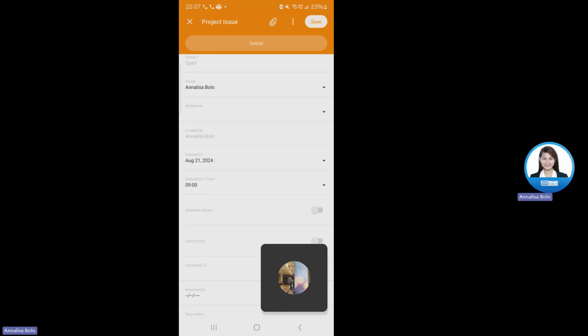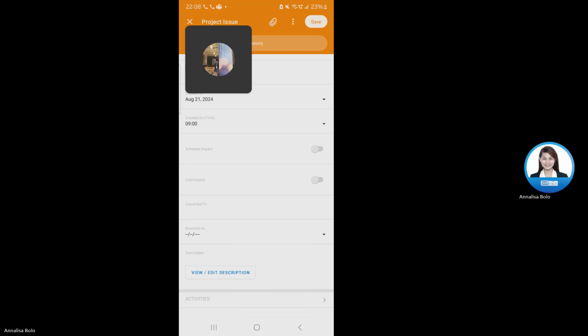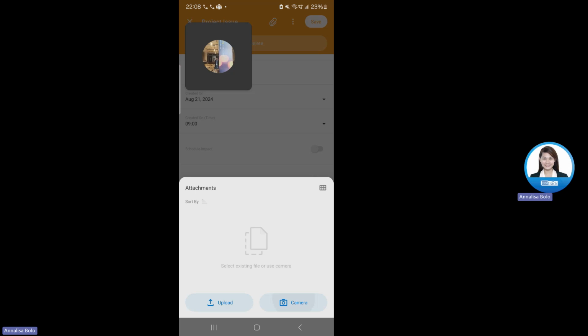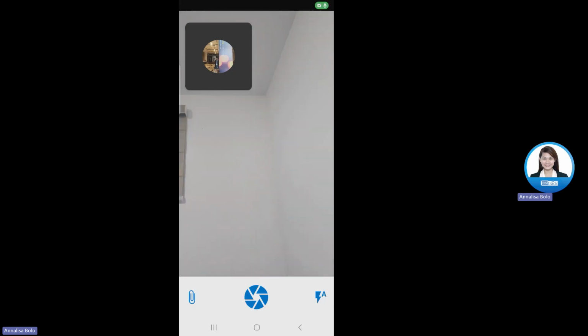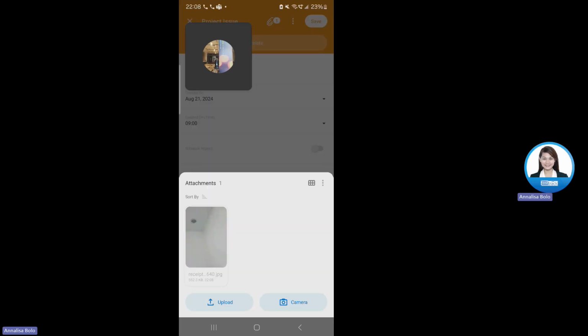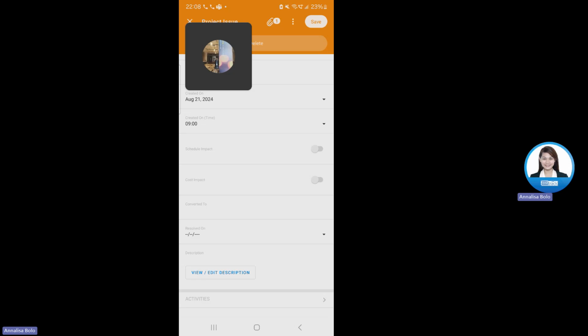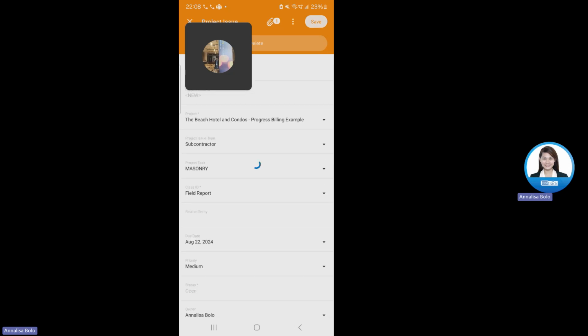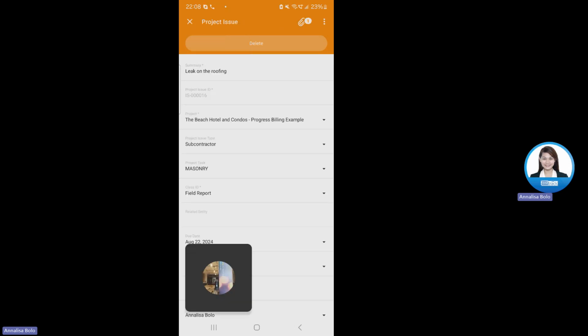Other than that, if you want to upload a photo, for example, a camera shot of our roof, this one. If there are no other details that we want to include on our project issue, we can just click save. And here we have our project issue ID